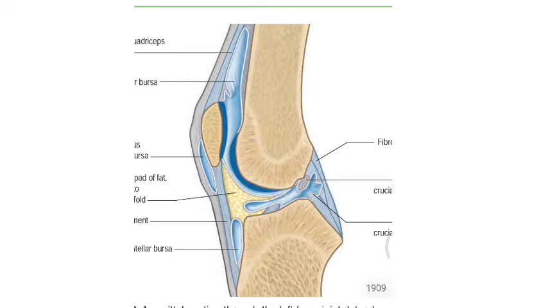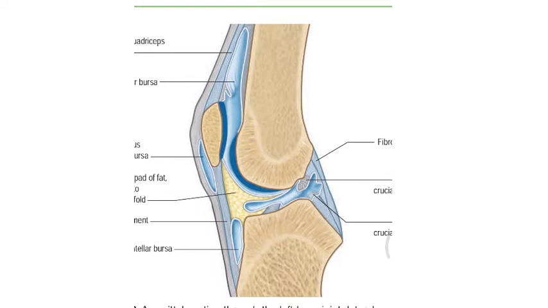This is the apex of the fold. This apex of the fold is attached to the lower margin of the intercondylar notch of the femur. This is the intercondylar notch and the apex is attached over here. This is the base of the infrapatellar fold. This base is directed towards the ligamentum patellae. This is the ligamentum patellae,